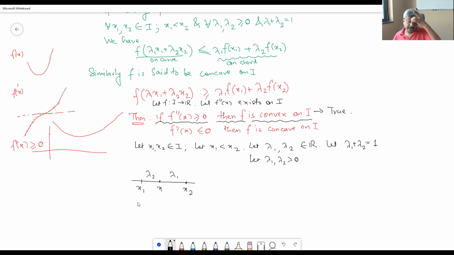Then by section formula, we can write x. Essentially what we have is x minus x1 upon x2 minus x1 is equal to lambda 2 upon lambda 1. This is the fact that we